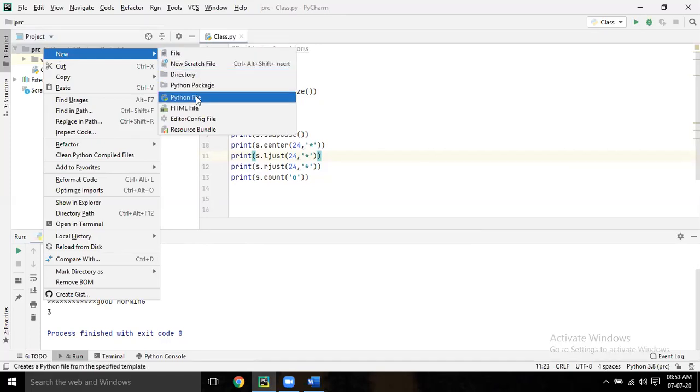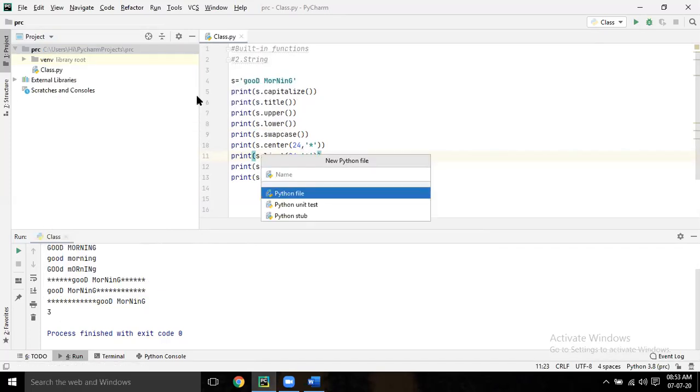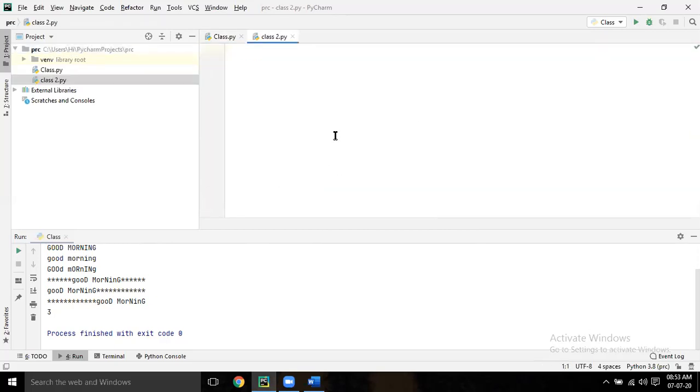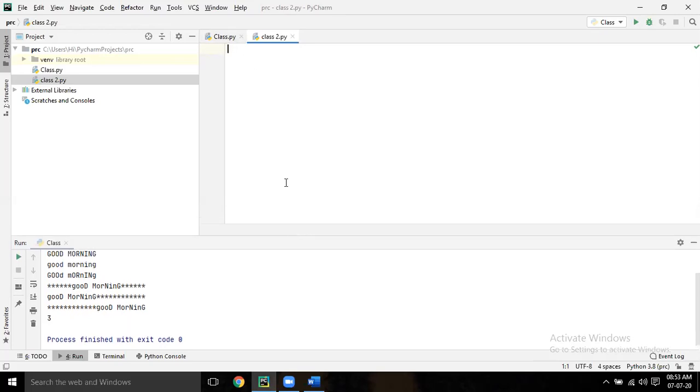Open like this, right? Give some other file name, class 2. Enter. So that means you can open as many editors as you want. Go to your first one.